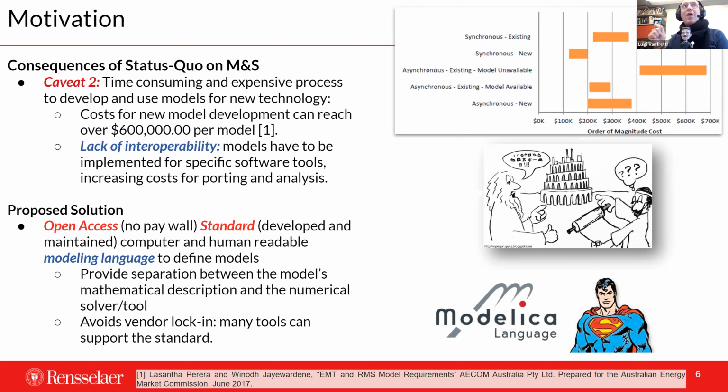The other aspect of this is that it is a both computer and human readable modeling language. So it's not a programming language only, but it's to model physical and cyber physical systems. And the key here is that by having a language where you can define all of the equations in their text, in the textbook form, it makes a clear separation between what the models describe on the physics and the software implementation. So there's a clear demarcation, and there's never a question, what is the correct model? The correct model is always the equations.